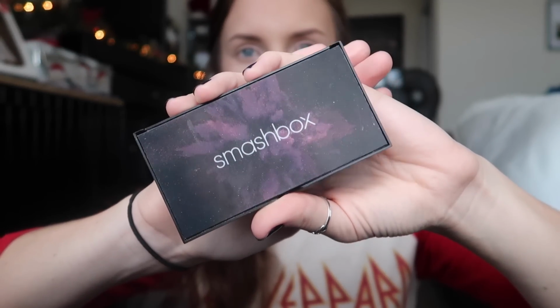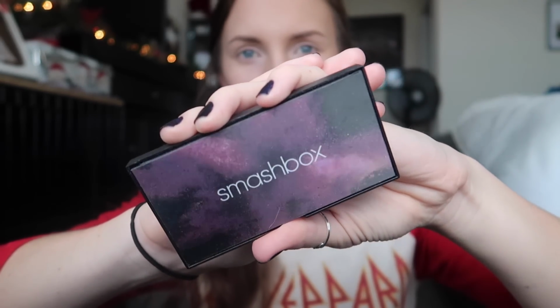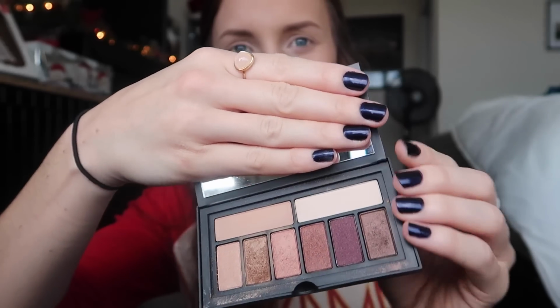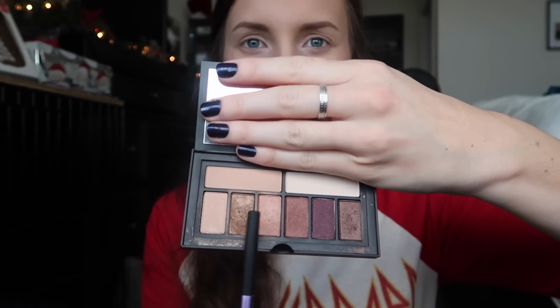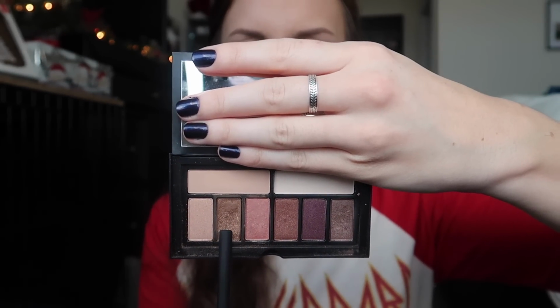So I just use that shade to highlight the inner corner of my eyes as well as my brow bones. I'll go in with this Smashbox palette. Look at how cool that cover is. And this palette is almost my perfect palette, except this white right here isn't shimmery, and I prefer the white to be shimmery. So then I'll go in with just a plain eyeshadow brush and this gold color right here,